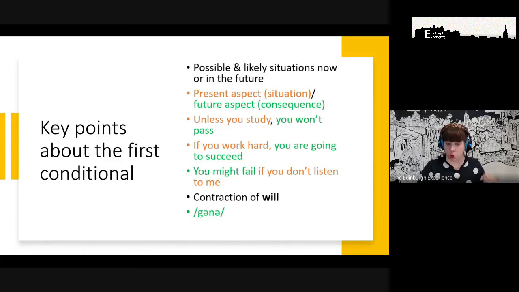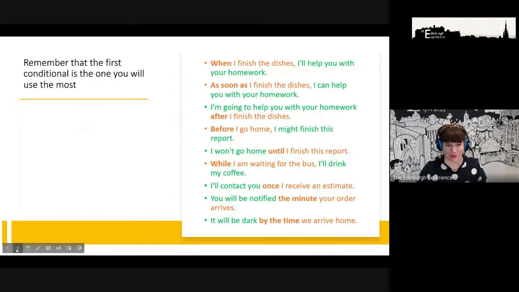Right? So it's not "you are going to succeed," it's "you're going to succeed." Yeah. So two aspects that we want to consider if we are pronouncing first conditionals. Remember, guys, the other really important thing about the first conditional is it's probably the one you are going to use the most. So if you're taking exams, we're always trying to use these more difficult structures like the second